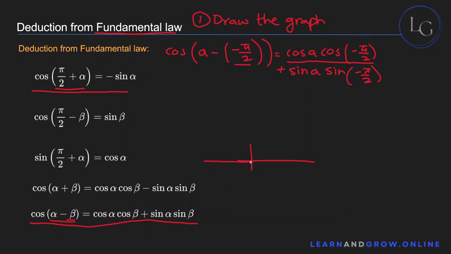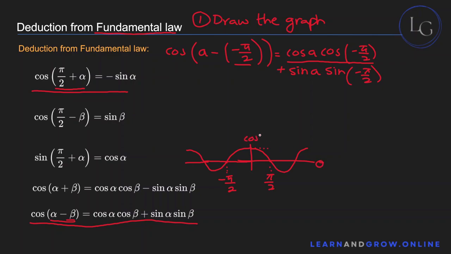Since we're dealing with the negative axis as well, the graph of the cosine function looks like this. Don't mind my drawing, but still, this is the point pi by 2, and this is also the point negative pi by 2, and this is the point at 0 in which the value of the cosine function